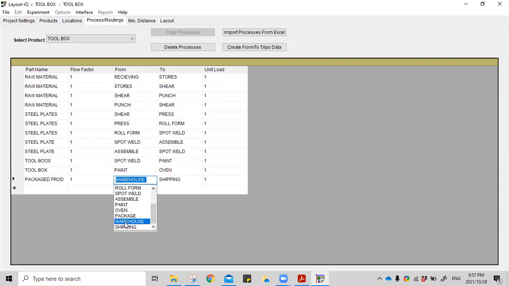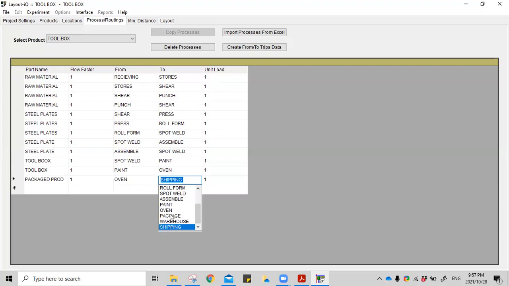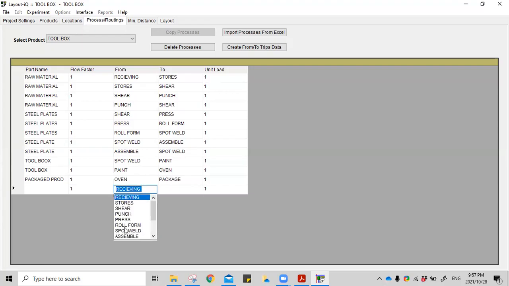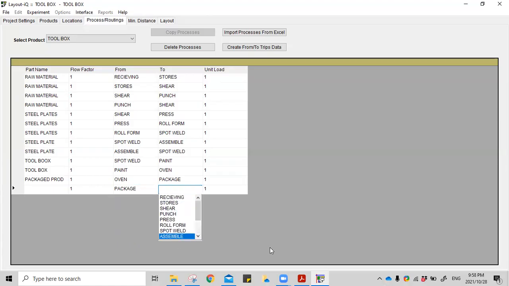From oven I'll just leave that backtrack I had planned. From oven to package, from package to warehouse,